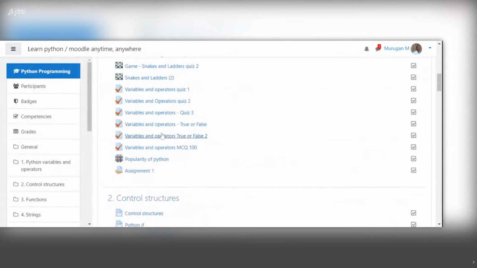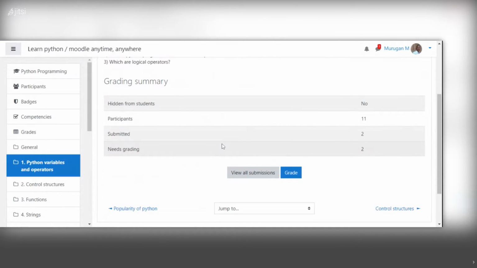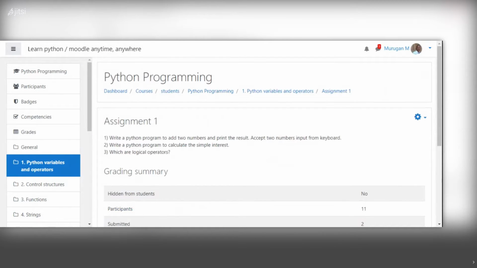At the end of the chapter, we have given assignments. So these are the questions. The students have to write the answers to these questions. Students have to submit the assignments online only, through the website only. After the submission by the students, the teacher will evaluate.